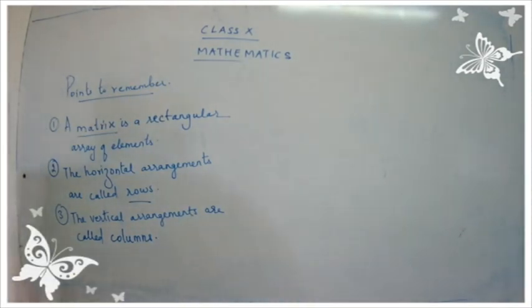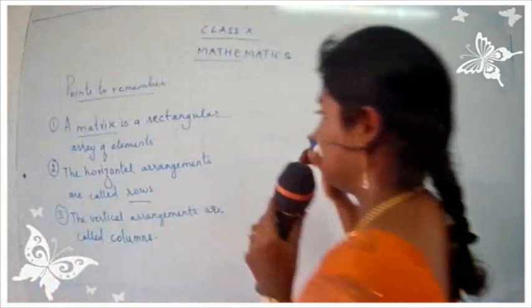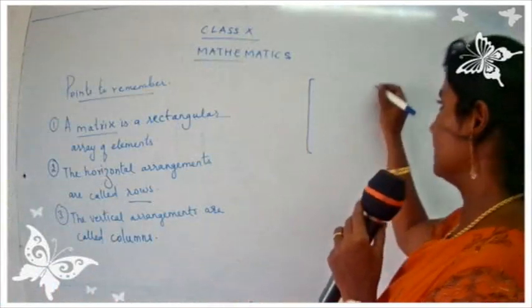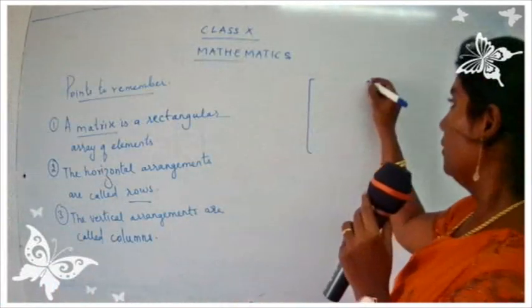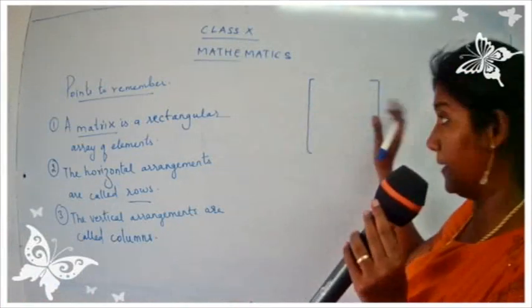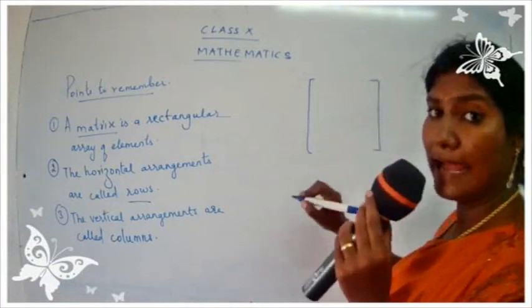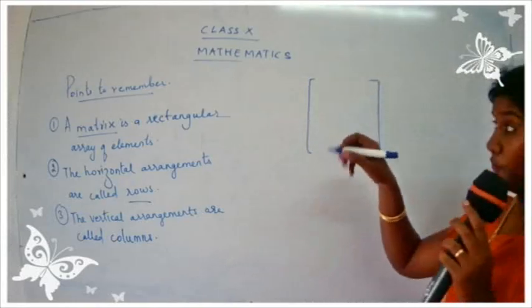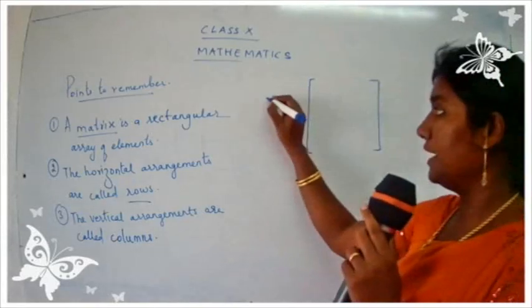Okay, so now you are going to draw a matrix just below the points. Children, draw a matrix. You can draw the matrix with a pen, no problem. You can draw the bracket with the pen. Give some example. You write down.